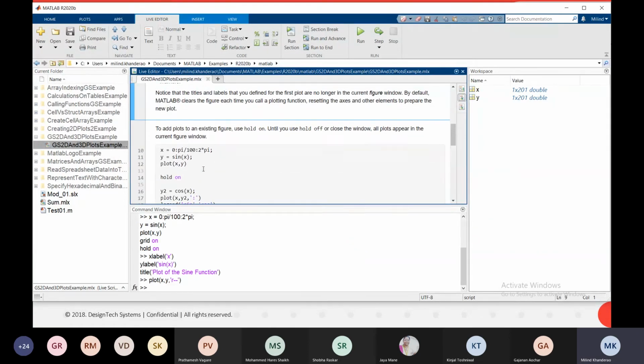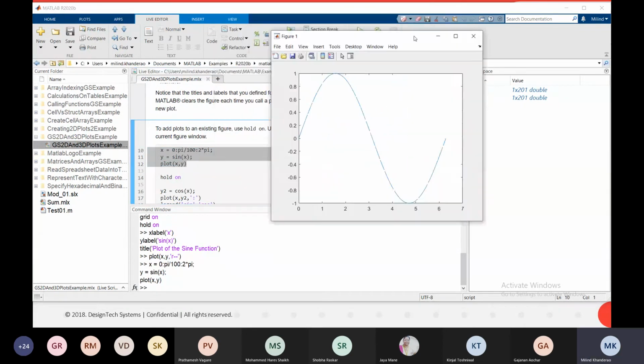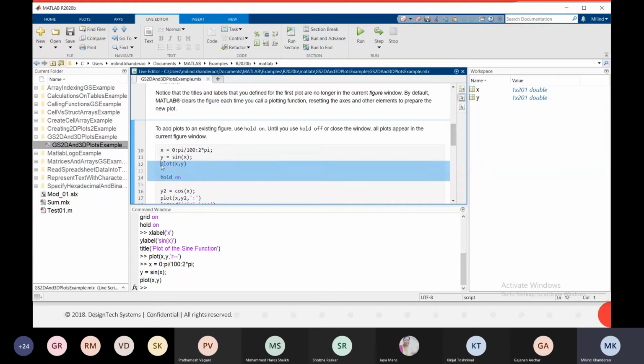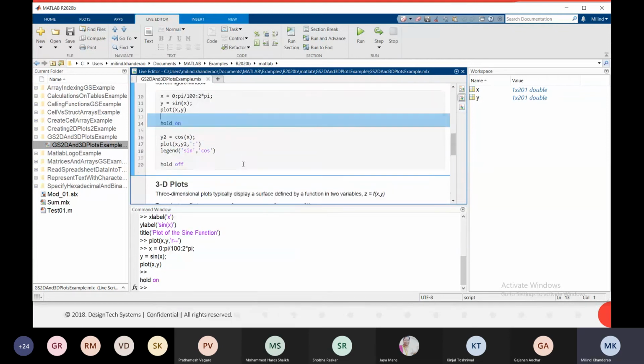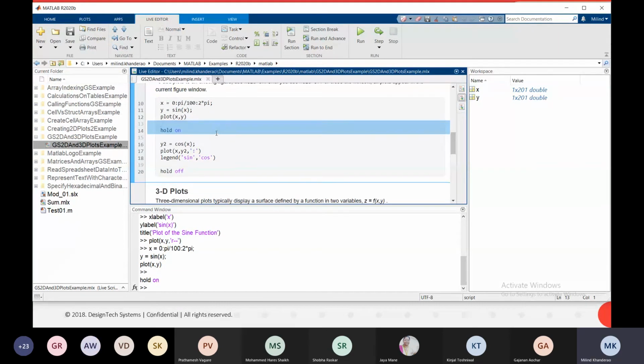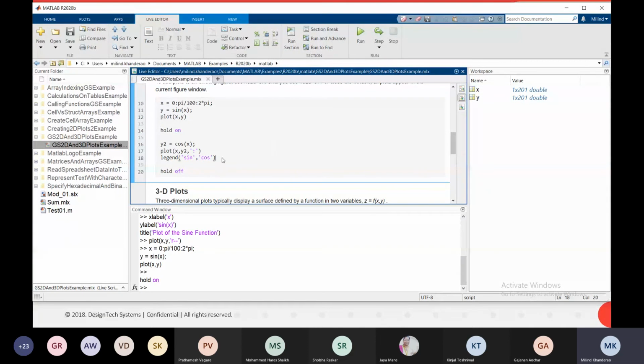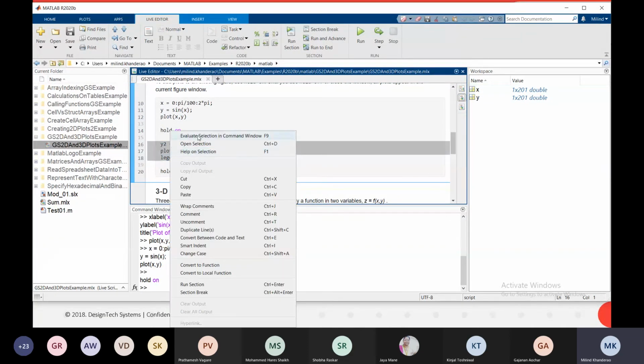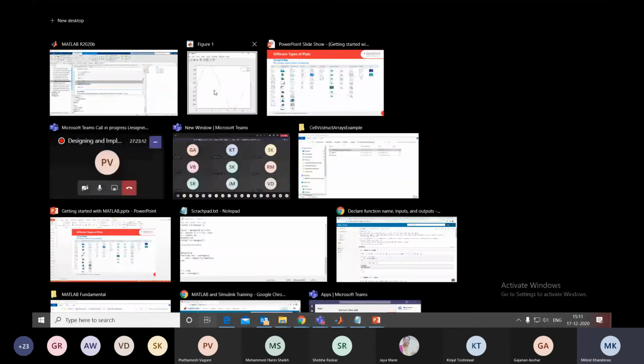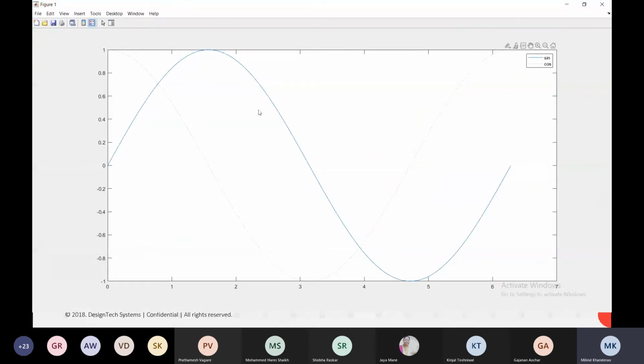What I will do is plot one line plot and hold it. You can see here is only one plot, and I want to add one more plot to it, so I will hold that plot and add another plot to it. Now you can see the two plots, the first plot and the second plot. The first plot is the sine wave, and the second plot is for the cos.